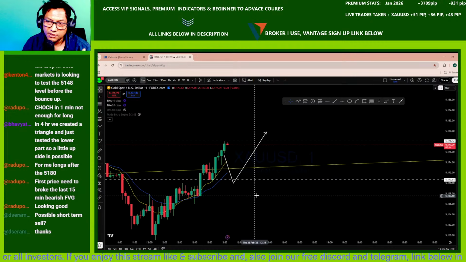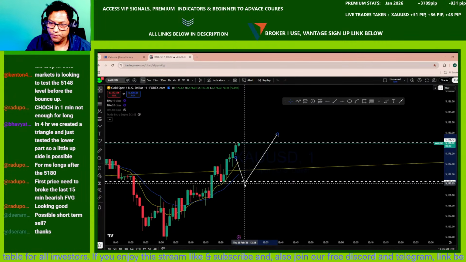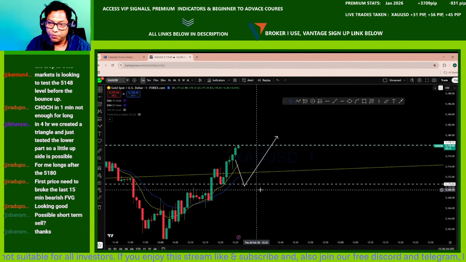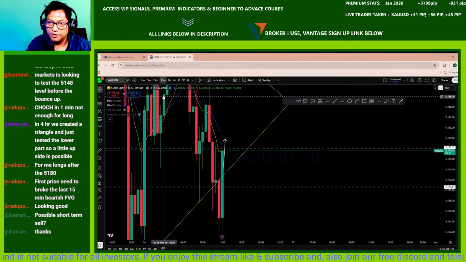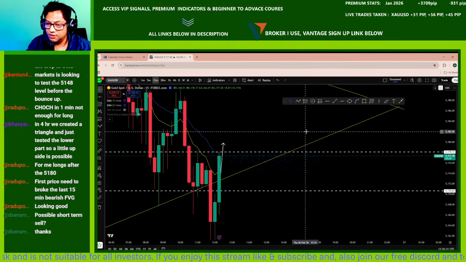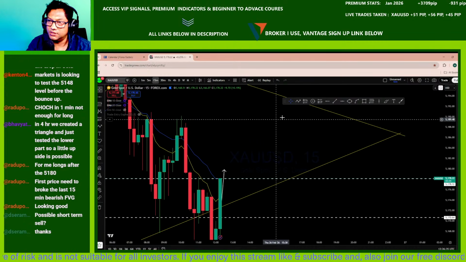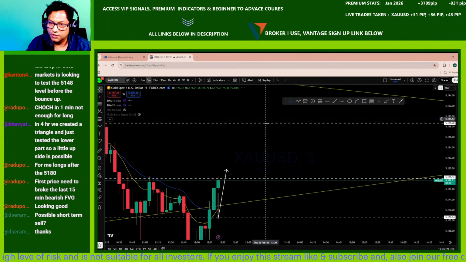Now, as this market is, if you look here, this is the support level. And along the way, again, the market is maintaining that uptrending market structure in that area. And with this uptrend, the price action is showing that the market may continue to rise back to this level.